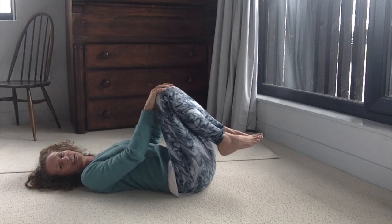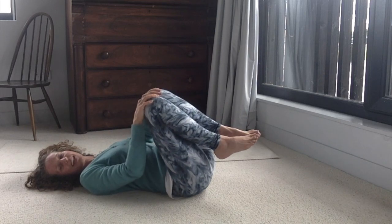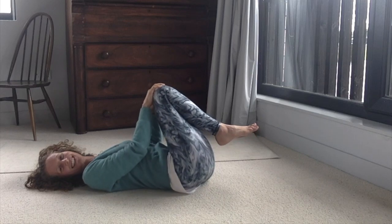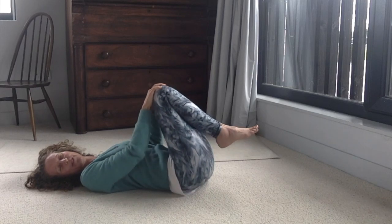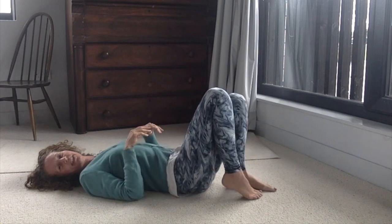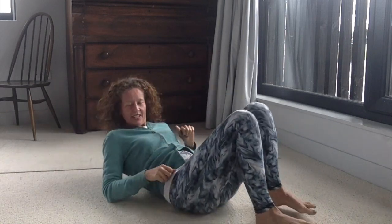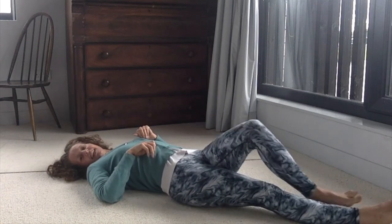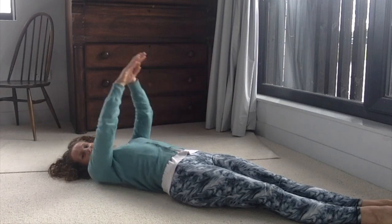And then from here you're going to take your knees slightly from one side to the other side. So we're just easing out, allowing the body to relax, settle and get ready for a little bit more movement. And then you're going to bring your feet onto the floor. I'm going to do it this way, so hopefully you can see all of me. You're going to just extend your legs out so the feet start to lengthen,